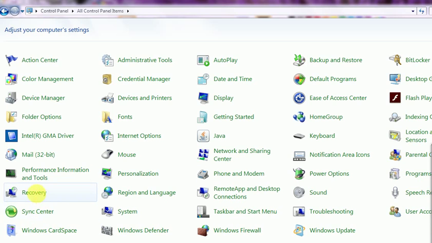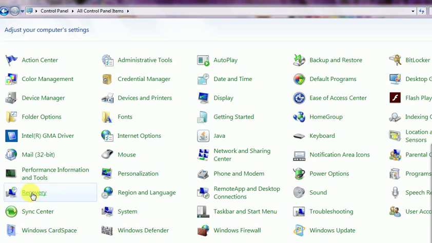This is the recovery option, which gives the option of system restore. That is, it says to restore your system to an earlier time without affecting your files, and replace everything on your computer and install Windows. It is like a new installation, but it will take the image from an earlier recorded restore point. So let us first click on this recovery option,